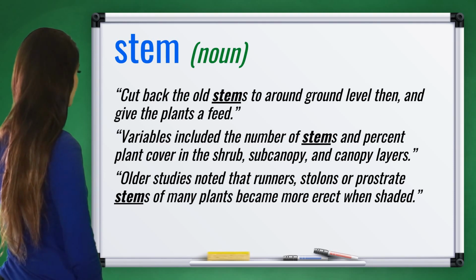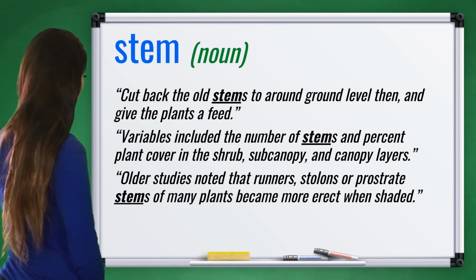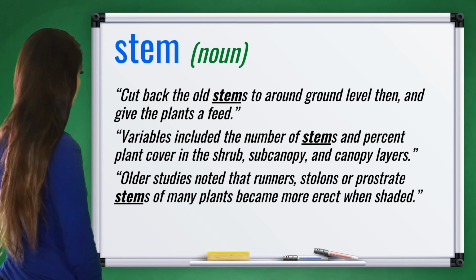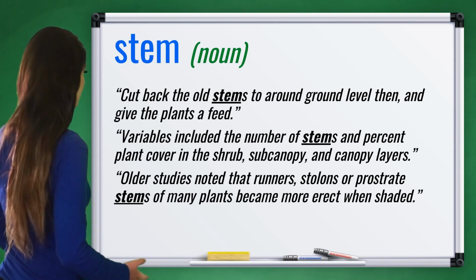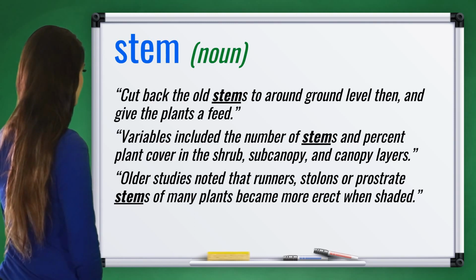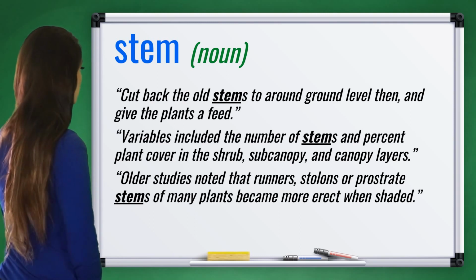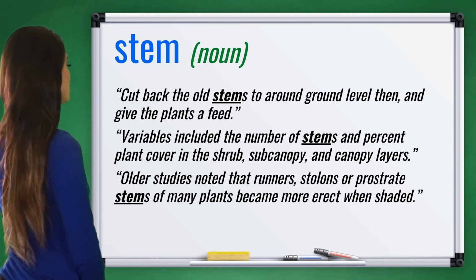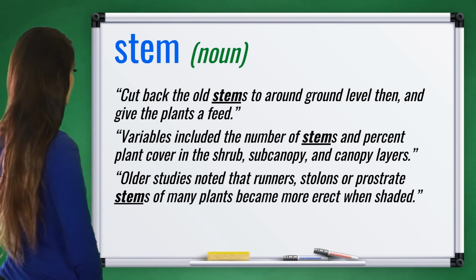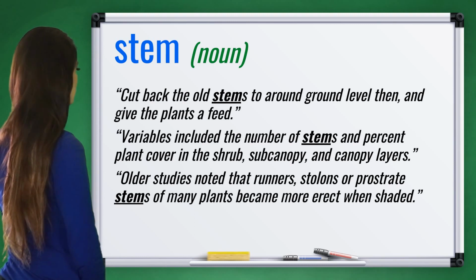The second exemplar. Variables included the number of stems and percent plant cover in the shrub, subcanopy, and canopy layers. Now, repeat after me. Variables included the number of stems and percent plant cover in the shrub, subcanopy, and canopy